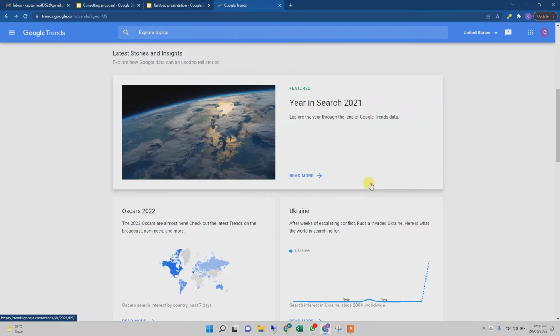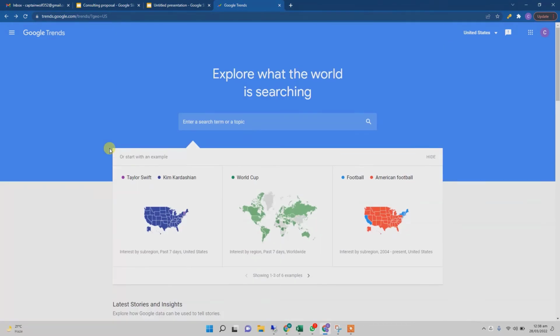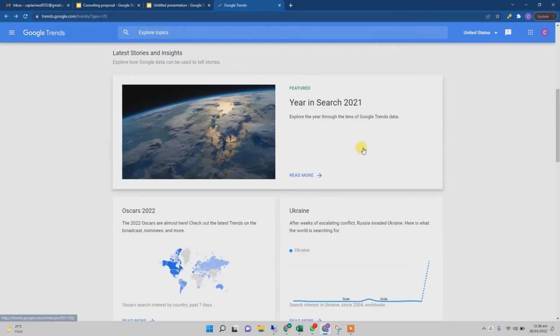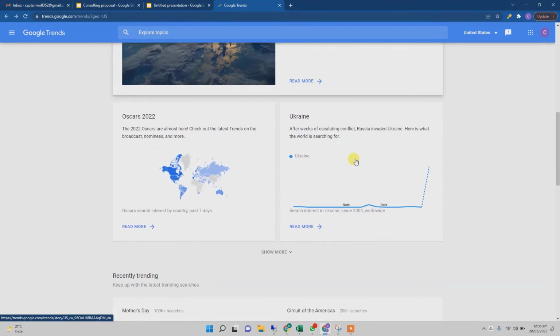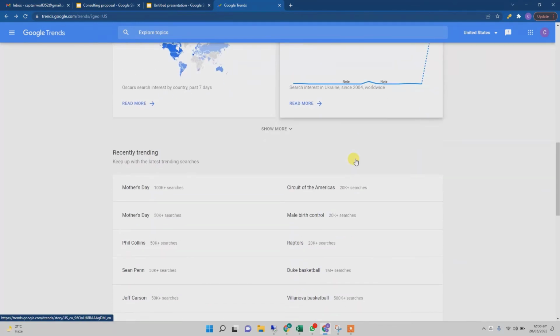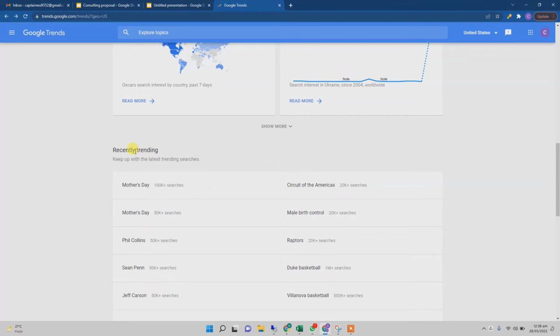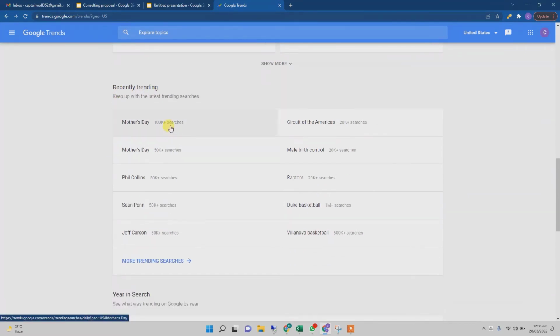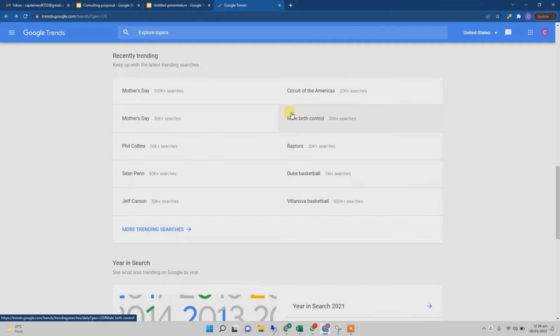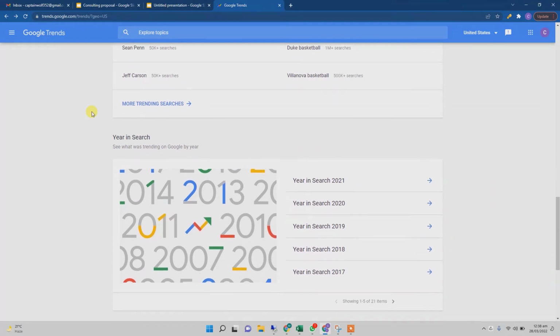So here we are back at the page where we started. As you can see, this was about the trending searches in the year 2021, and if you scroll down, you will get to see the recent trending searches on Google Trends. As you can see, Mother's Day has got 100k searches. Similarly, Phil Collins, Jeff Carson, Circuit of the Americas, Raptors. These are just a few highlights of the searches that are being done